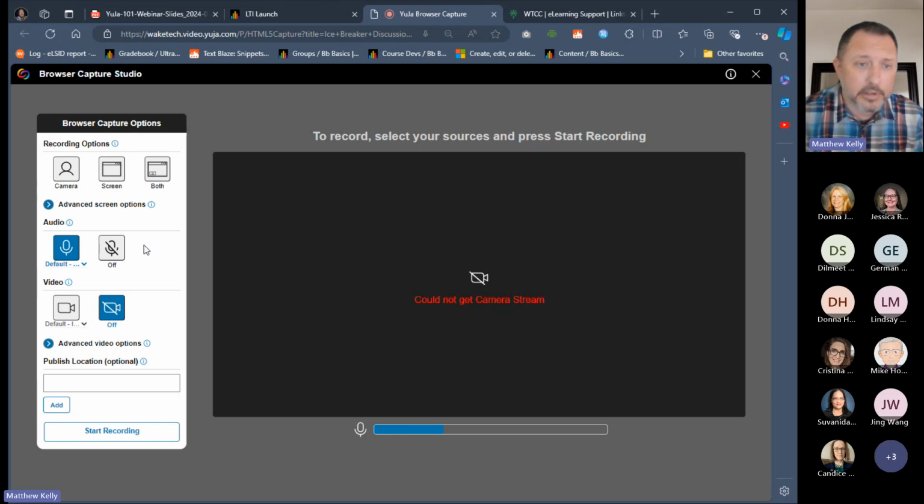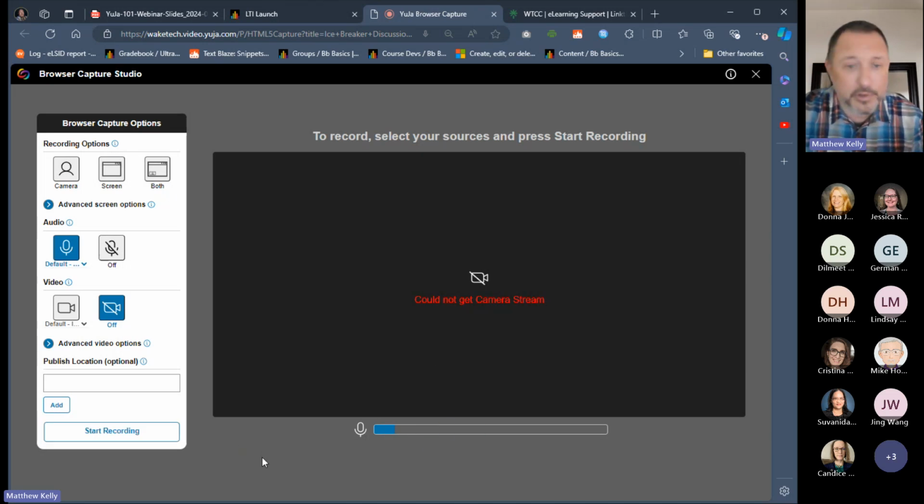Or they're recording some type of presentation, demonstration, or lecture. In the first case, typically just having the camera on and making sure that you're getting audio levels is adequate. And then you can go ahead and click start recording.